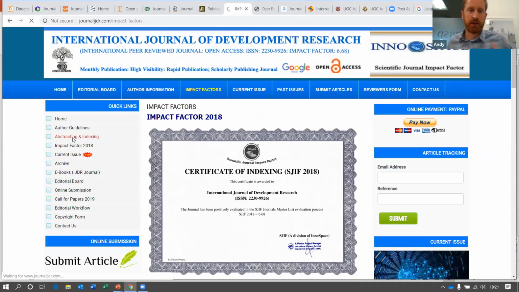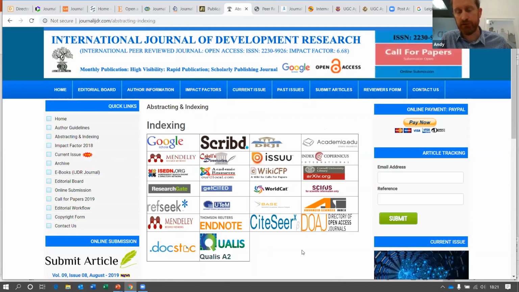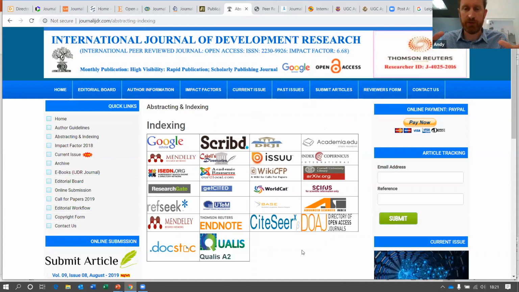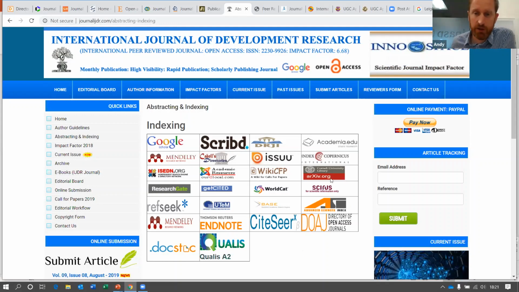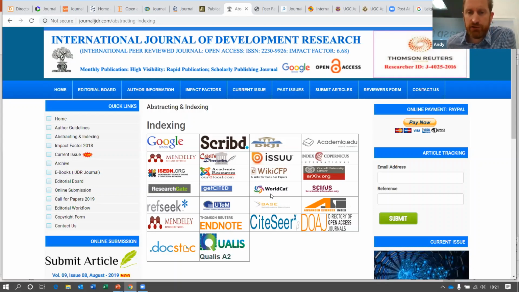I'm also going to look at the abstracting and indexing page. Now, this is another red flag. A lot of predatory journals do this, and virtually no credible journals do it. They put loads of logos all over their pages to try and confuse people into thinking that they're credible, and they've got all these links to other organizations. Virtually all of these links aren't really indexing databases which are of any use to us.